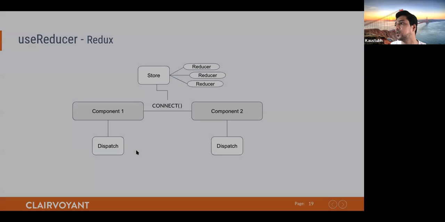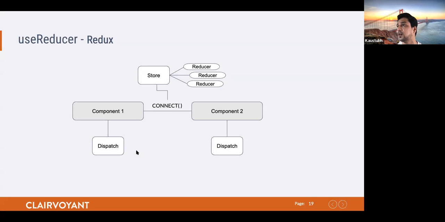The second case would be the famous case of using React with Redux. Redux comes with this magical function connect, which connects our two or more components. We don't need to understand Redux in depth, but a brief understanding is enough to understand the useReducer hook, because it behaves in the same fashion. Coming back to Redux, the connect method connects these two components together. Connect has access to the store, where the store is nothing but functions holding our actual state or complex state logic for those components.